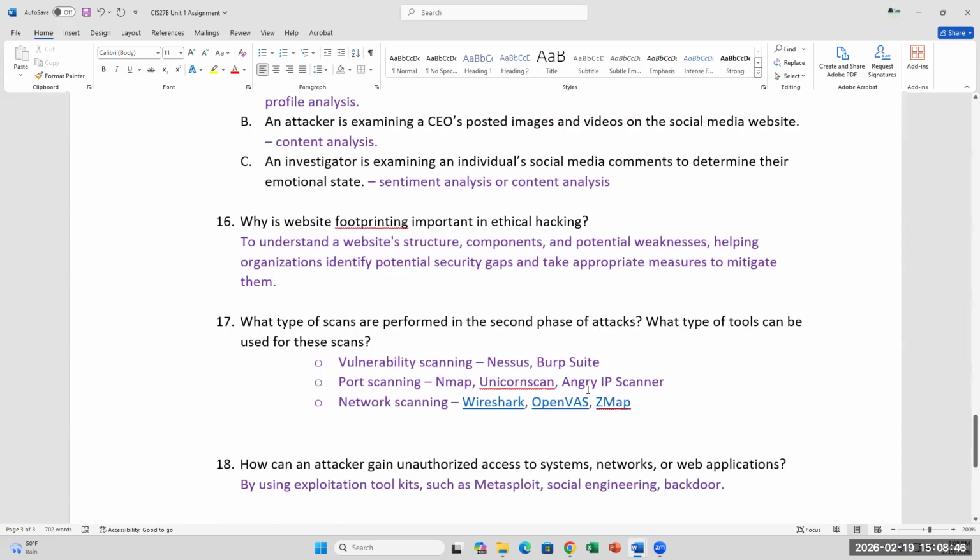And so if you look at my long list of scanners, you can go through, you don't have to put down the one I put, you can pick others. The scans in the second phase of attack is when you are finding specific technical information for attacks. So we talk about active and passive, right? Same thing with scanners. If the scanner is using the IP address of that target, likely that target is going